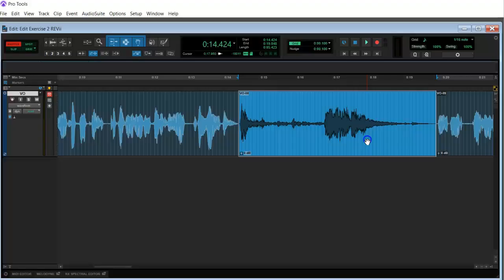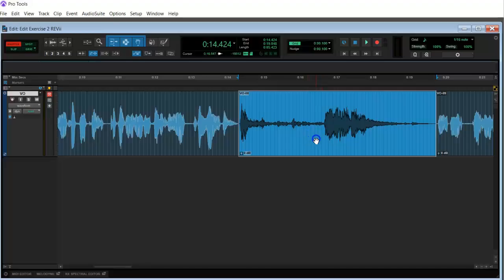But before I do that, I'm going to show you a new technique, and that's changing the name of a clip. The clip name is in the upper left-hand corner of any clip. You see it says VO08. This one says VO09. I don't want it to say that. I want it to say whatever the sound is, which is bowling ball.